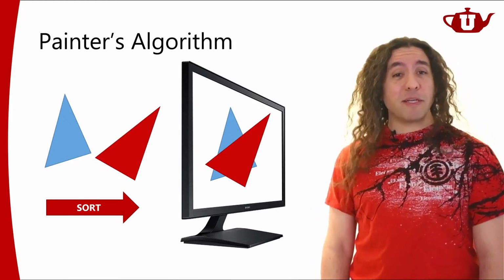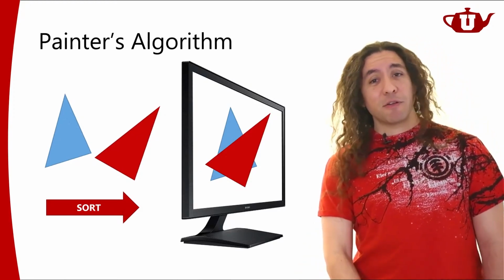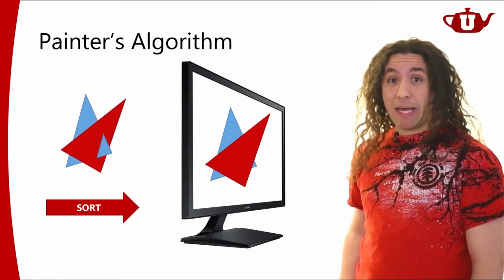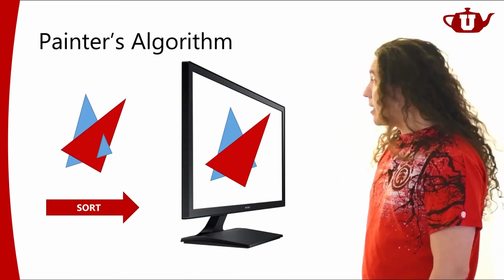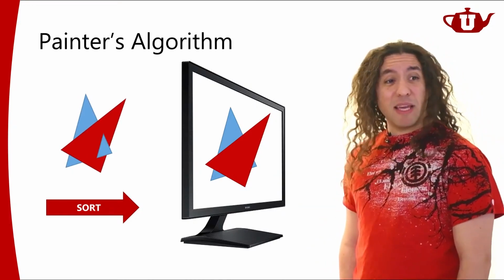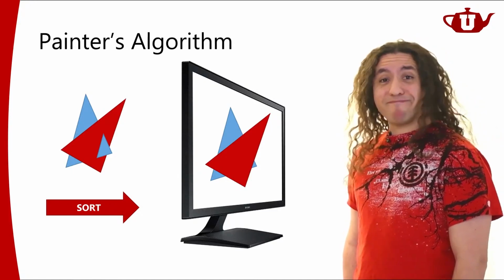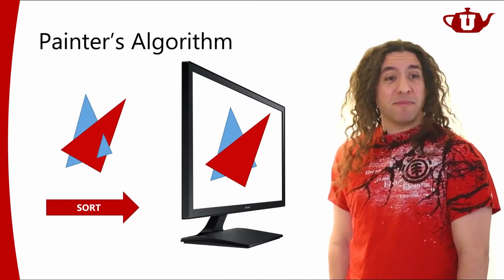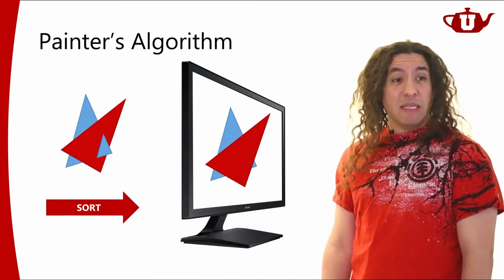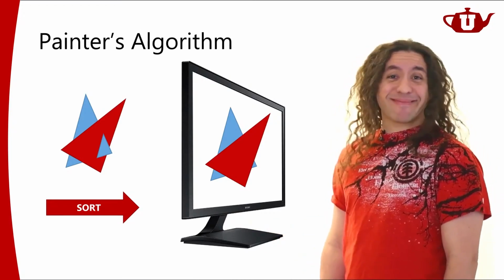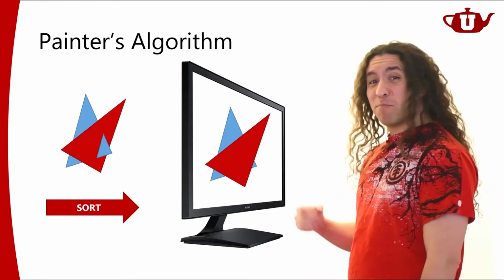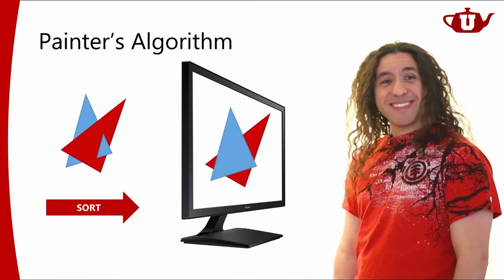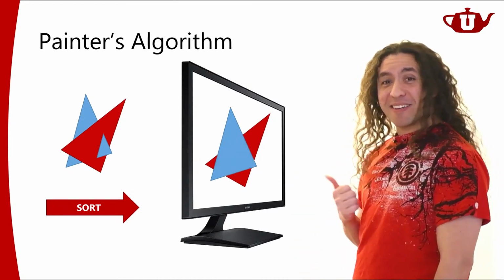Well, you generate a proper image, that is, if your triangles are not intersecting. So if your triangles are intersecting, this becomes a little bit tricky. Because can you tell me which triangle is in front of the other now? Now, if I were to sort it, it's kind of tricky, right? Is the blue one in the back or the blue one in the front? I mean, I can generate this or the other one, right?